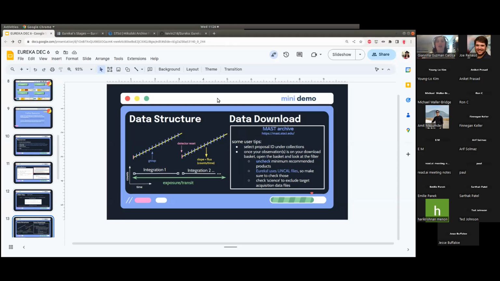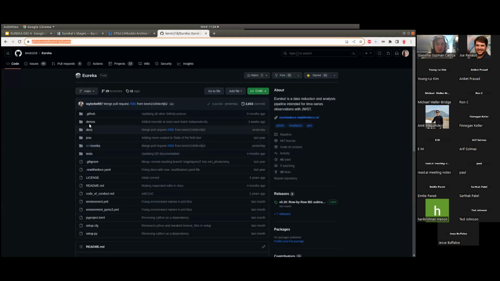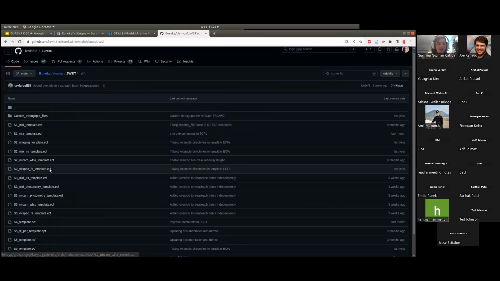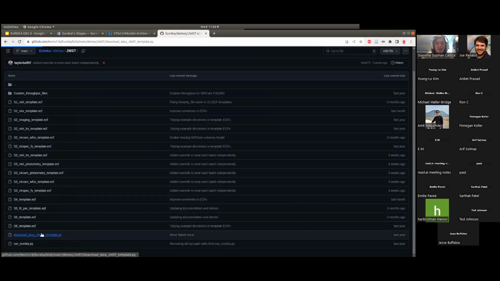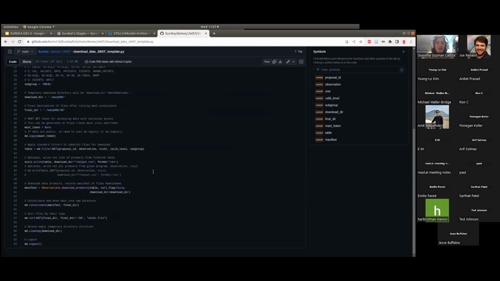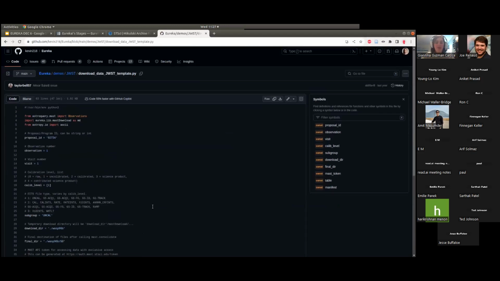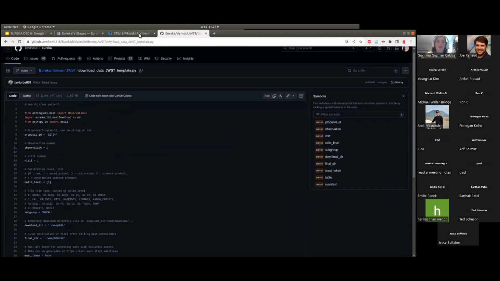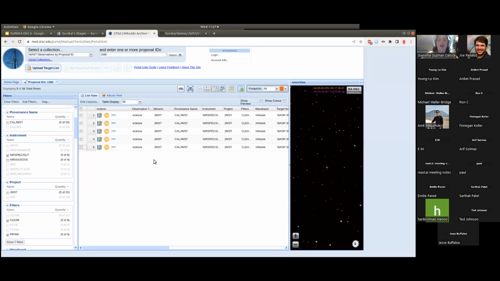Eureka also, in its demo files, and I'll show it over here, has a way to show how to download Eureka JWST data using just Python. So you just run the script and it should download the data that you want. But if you're a little bit more hands-on and kind of like working with